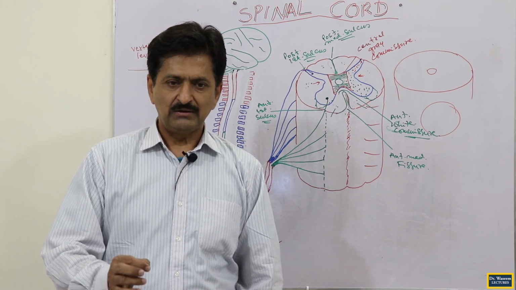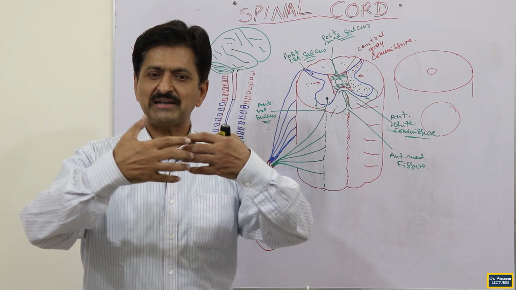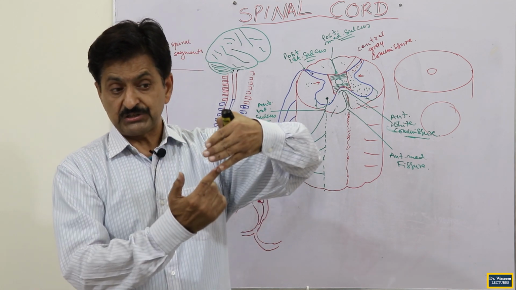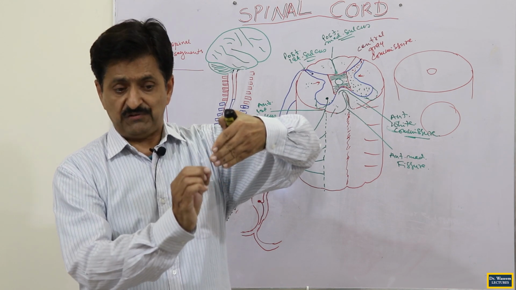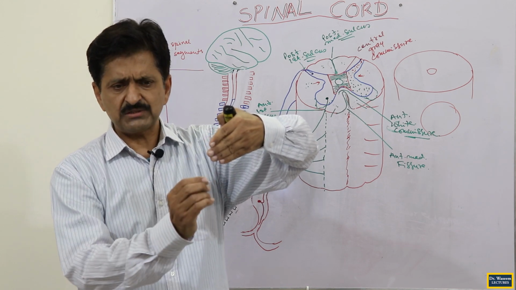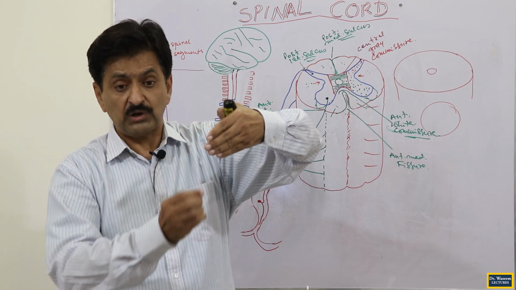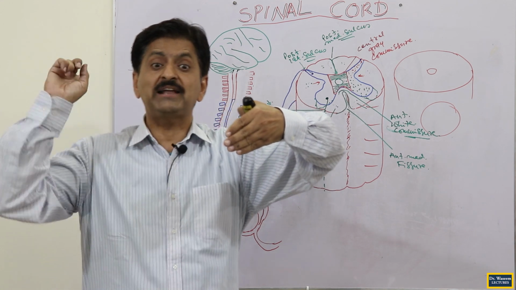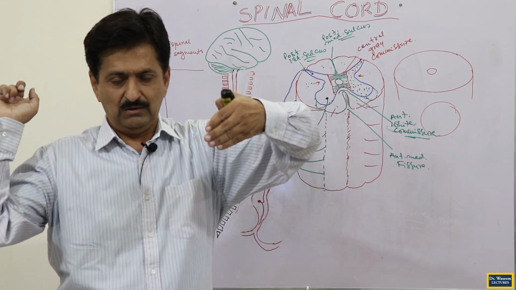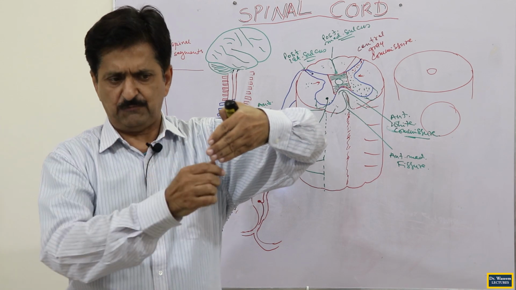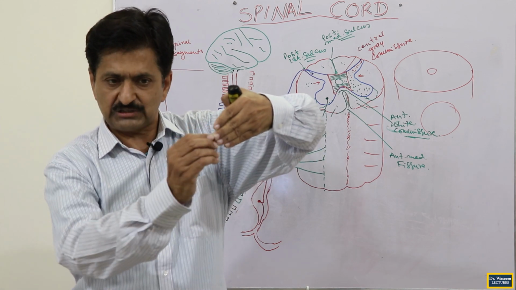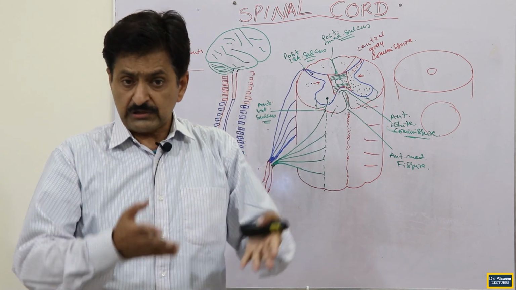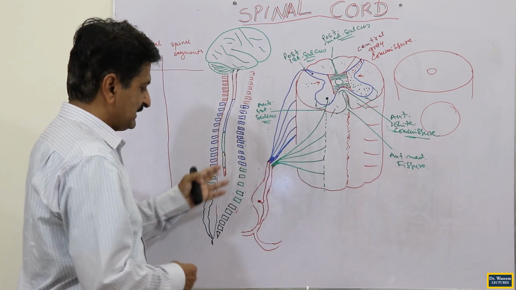But there is a difference. When the spinal cord is present and nerves are attached, their intervertebral foramina are not too far away. But when the spinal cord finishes, the lowest nerves have to travel a long way. The initial nerves are not too long, but the later nerves are very long. You see how they will be running down here? They will run and occupy the already empty vertebral canal, where there was only the meninges and obviously the filum terminale. So they will travel through that empty vertebral canal. Which nerves? The lower nerves. So you can say these nerves are arranged in such a way.